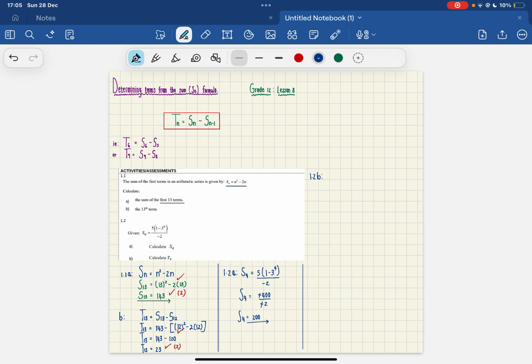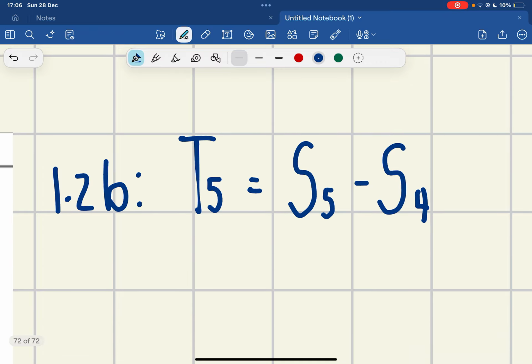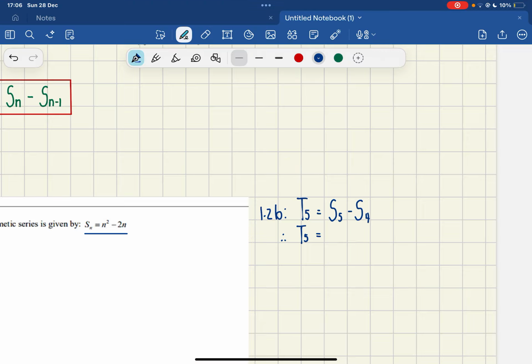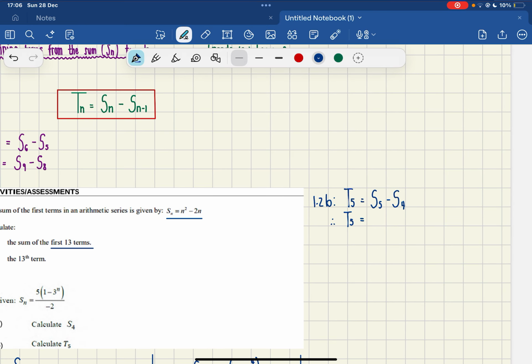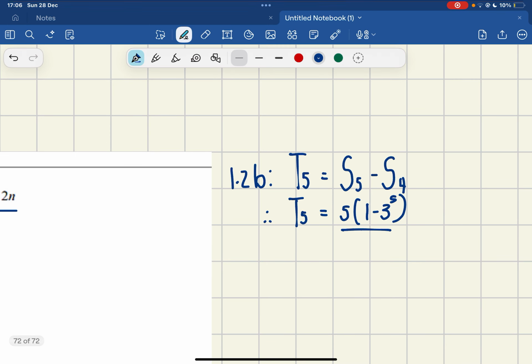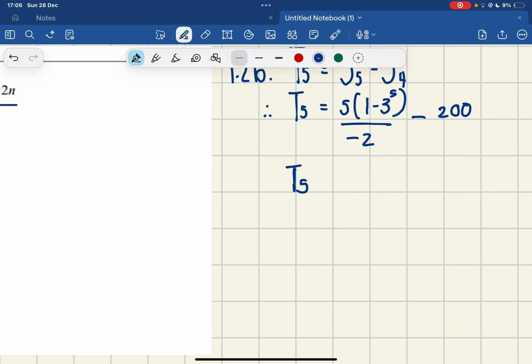I apologize if I'm being a bit slow. 1.2b. They say calculate T5. Now, T5, as we know, is equal to S5 minus S4. Therefore, T5 is equal to S5, and S5 is essentially 5, 1 minus 3 to the power of 5, all over -2, minus 200. Okay, and T5 will thus then therefore give us,